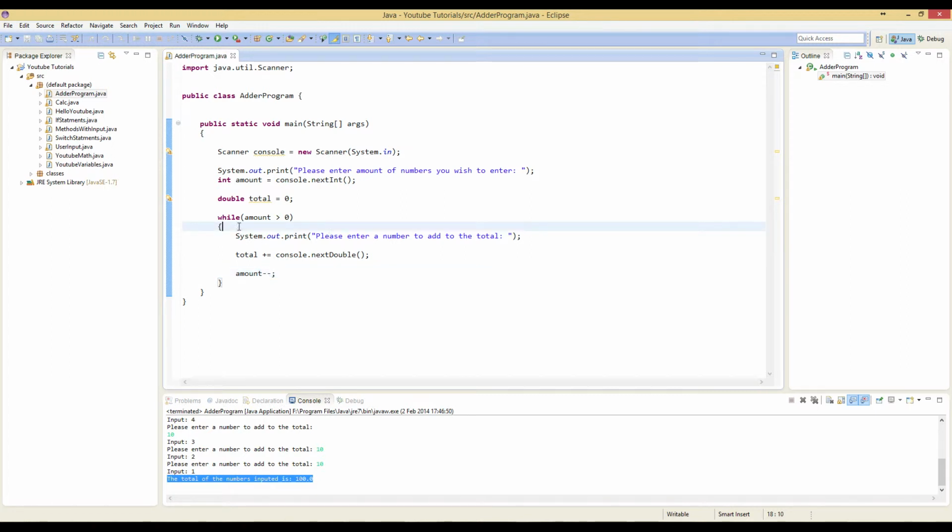Okay, so after this while loop statement, we want to print out how much the total is. So the total of the numbers entered is total. So if we run this now,